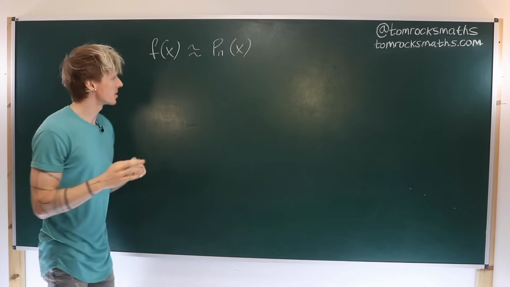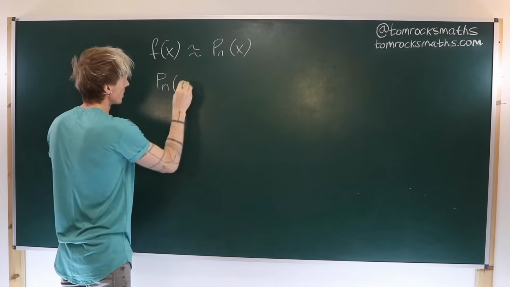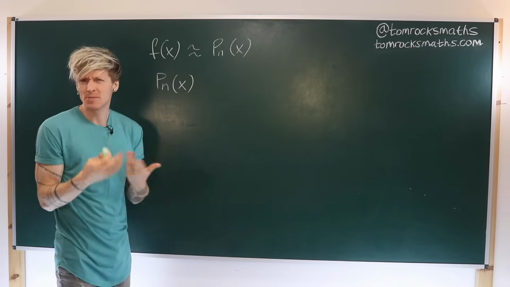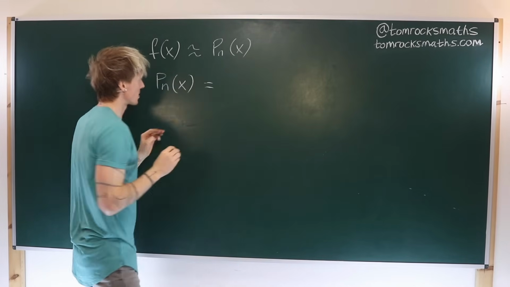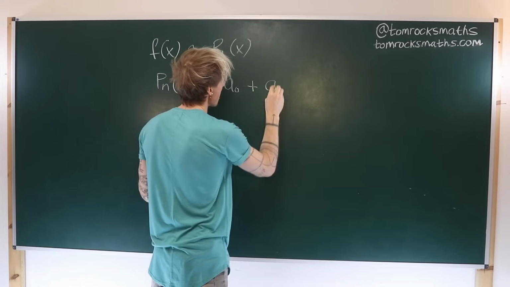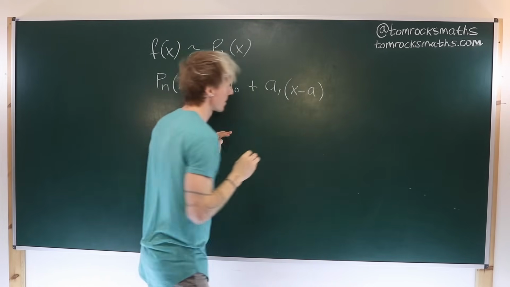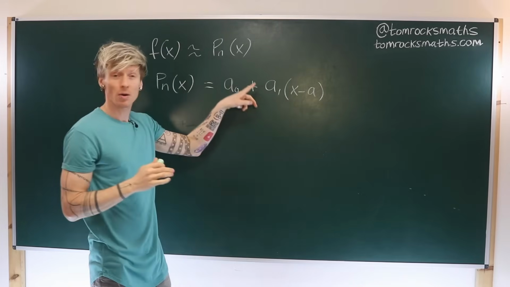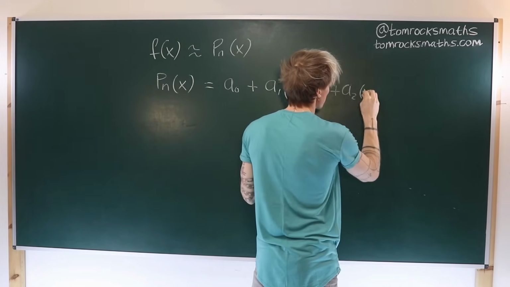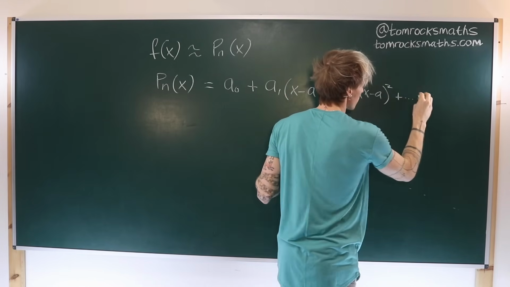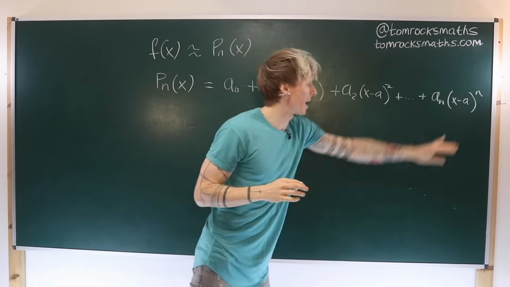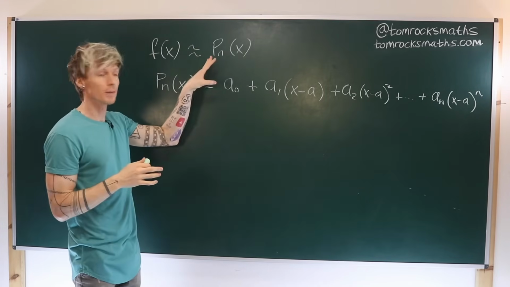differentiable. Now what we're going to do is define Pn of x by expanding around the point a, where a is some general point. So if we were to do this, we could say that Pn of x is equal to a0, our constant term, plus a1 multiplied by x minus a. So this is a1 to symbolize that this is our coefficient on the linear term, the linear power of x, plus a2 times x minus a squared, and this will continue up to an times x minus a to the power n, and remember we're stopping at the power n because we have fixed our polynomial Pn to be of